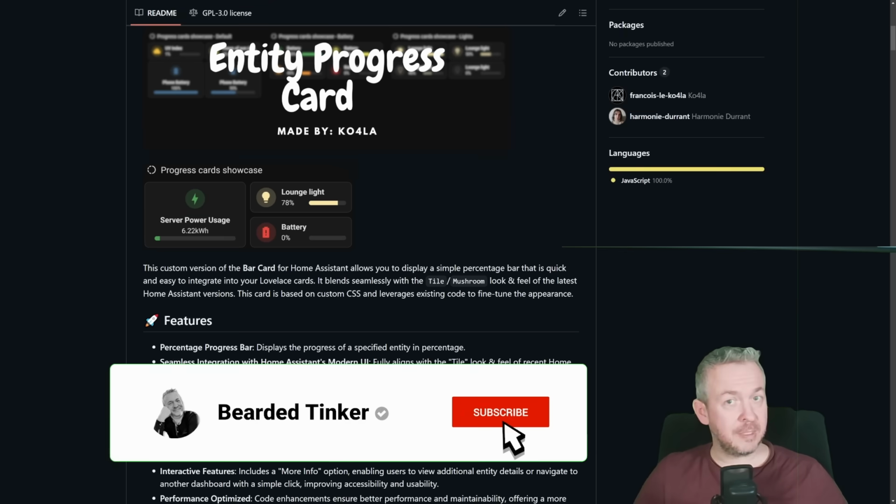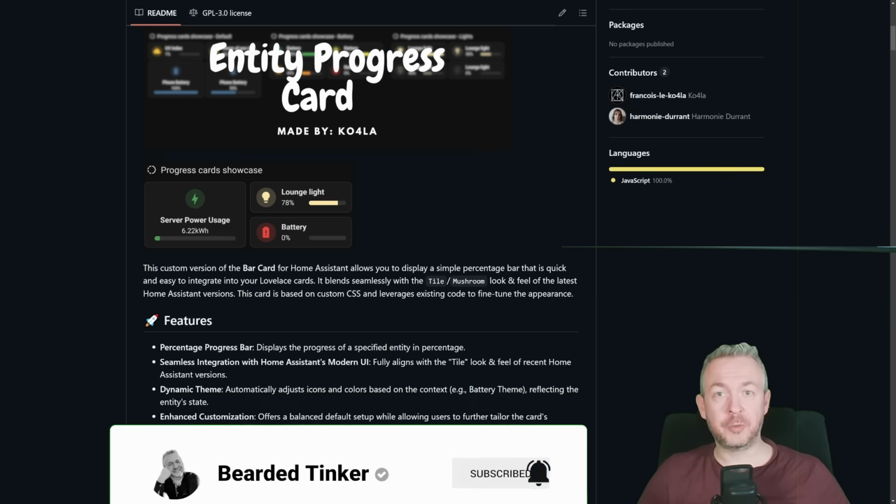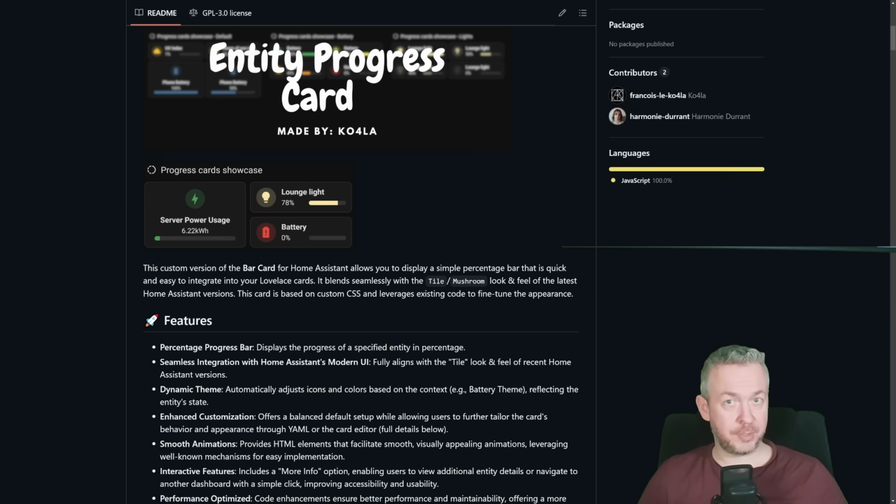The installation is simple, but no, this card is still not part of the official HACS repository. It will be probably in a couple of days, but until that time, we will need to manually add it as a custom repository inside HACS. How do you do that? You copy the URL that will be included down in the video description,